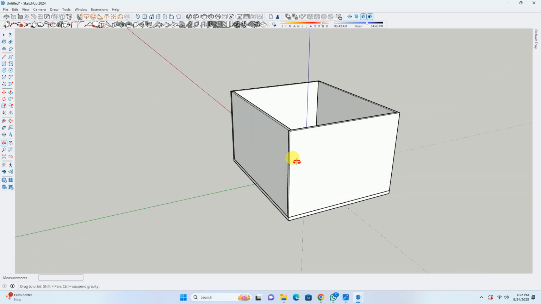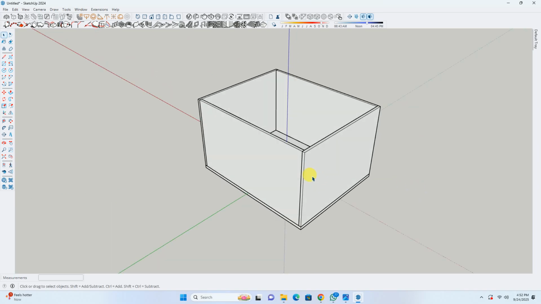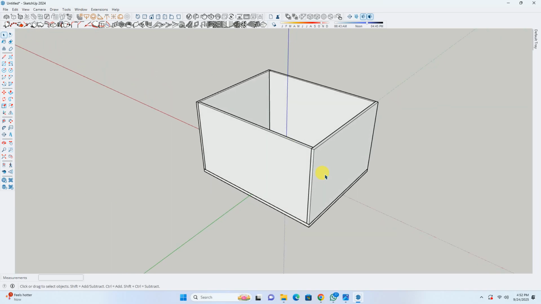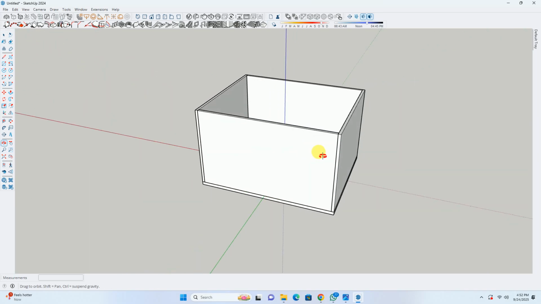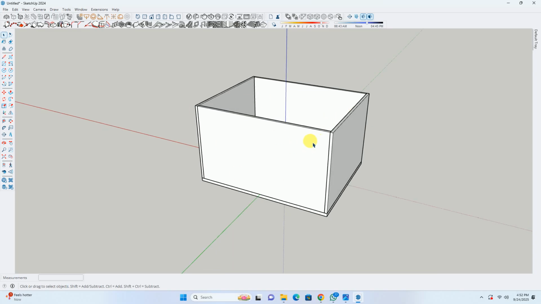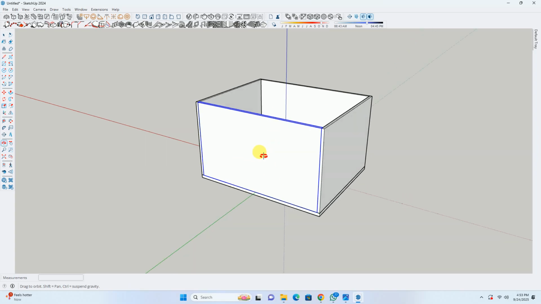Sometimes while moving, a pink dotted line comes. Why does it appear? While we move the object, we can get some violet color of line. We can get some magenta lines also.